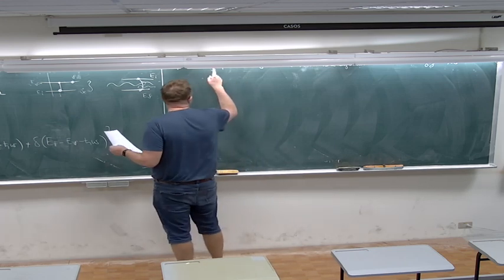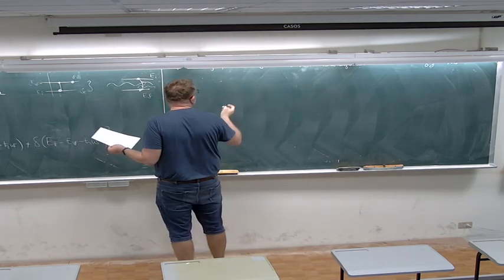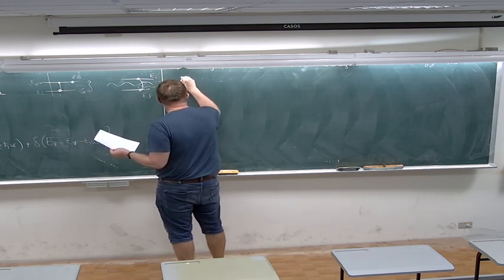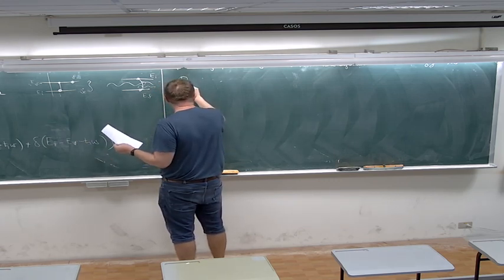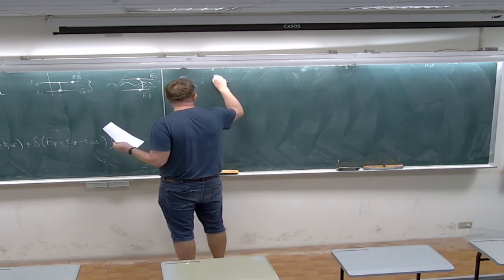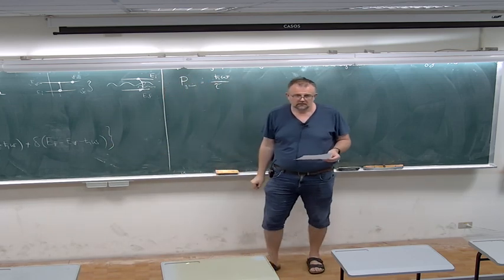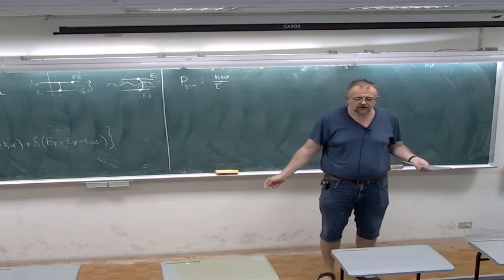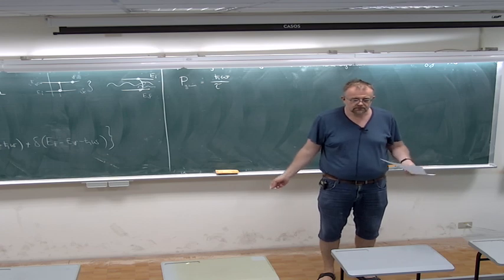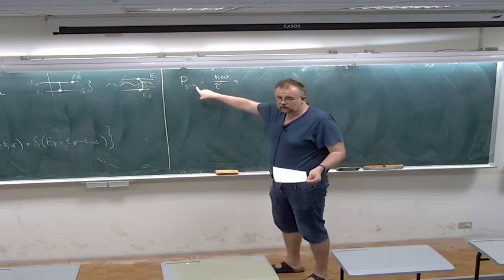Okay, so the probability per unit of time that the system absorbs energy is nothing else than the power. So I'm computing the power of the gain, which is the energy divided by time. Yeah, this is the power. The derivative of the energy with respect to time is a power, right? The energy per unit of time. So this we can compute, and now we can compute what is the gain